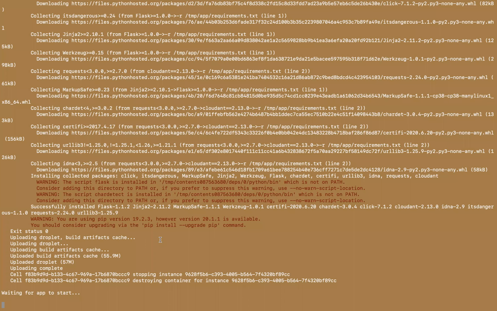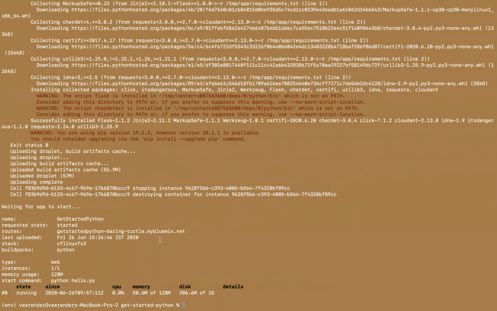Here you can see the details. The buildpack it used is Python, and the stack is CF Linux. On Linux it has created some container system internally, and since we have given a random route, it has created a random route for us. The request is start and the status is started, and you can see the status is running.